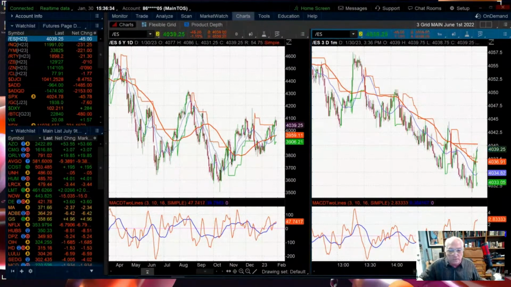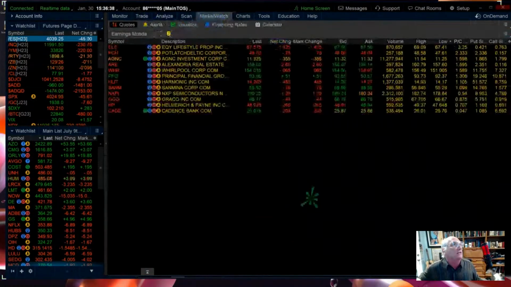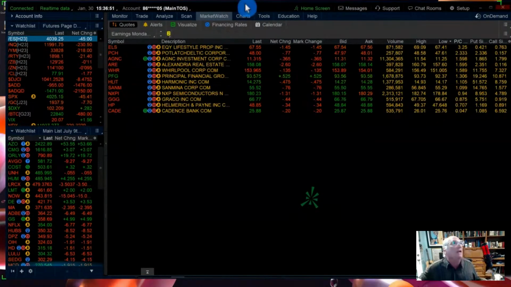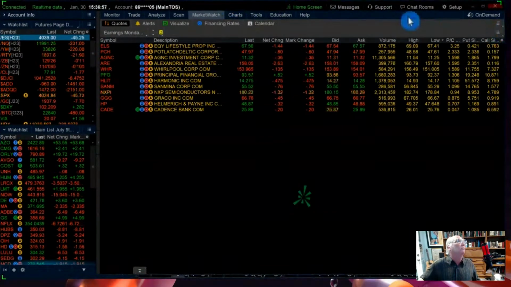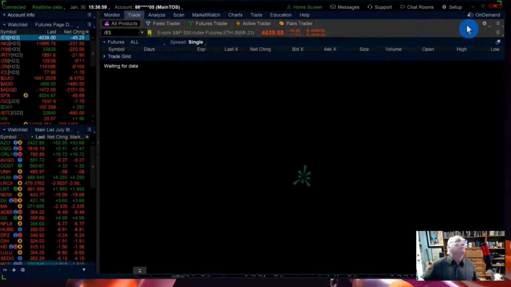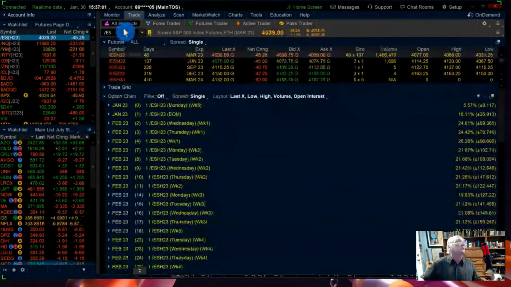All right, so what else am I going to do in here? Well, the first thing is I'm looking at unusual option activity. I'll make it easy for you. The shorter term the option, so February instead of March, the more important. And also the late activity in the day is more important. So the easy way to do this is just detach this. So we'll just take SPX.